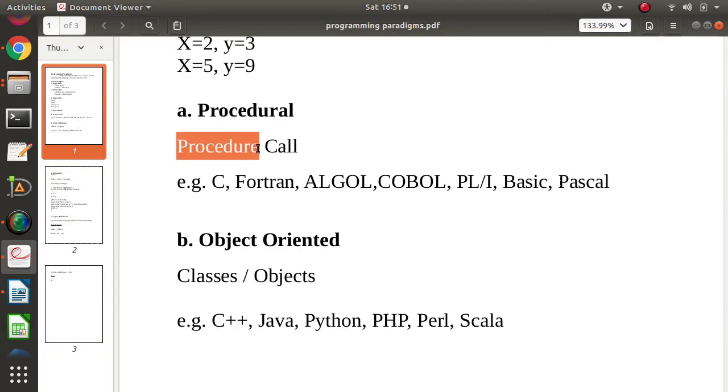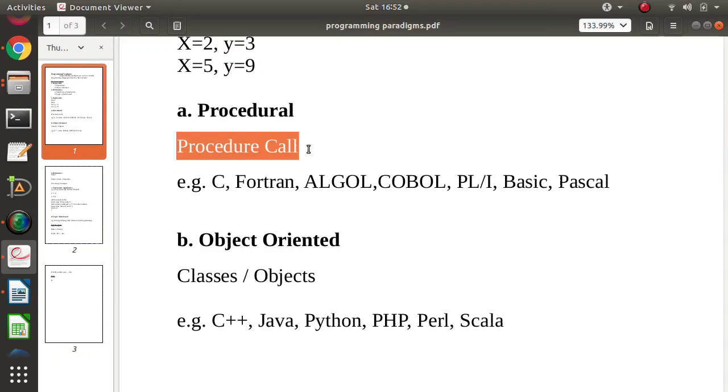Procedure means a set of statements, or sequence of statements, that becomes a procedure, or we can also call it a routine. So a set of statements is called a procedure, and whenever we require, we make a call to that procedure. We call it a procedural call.